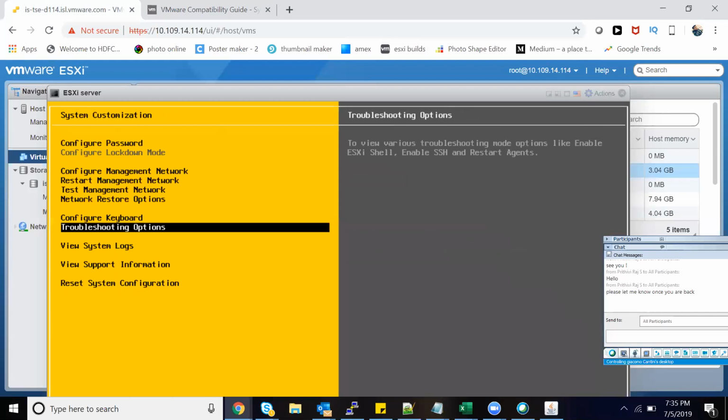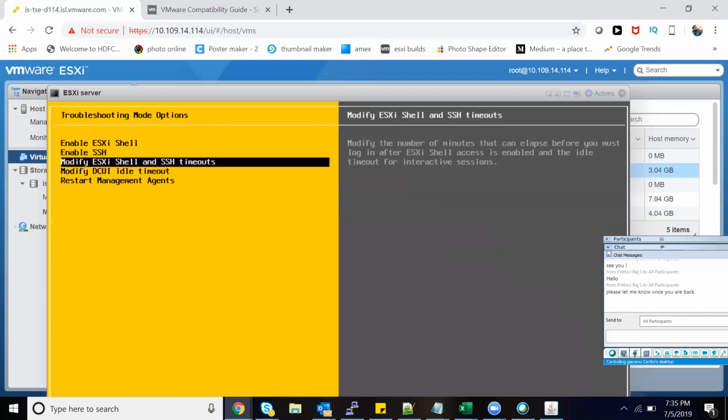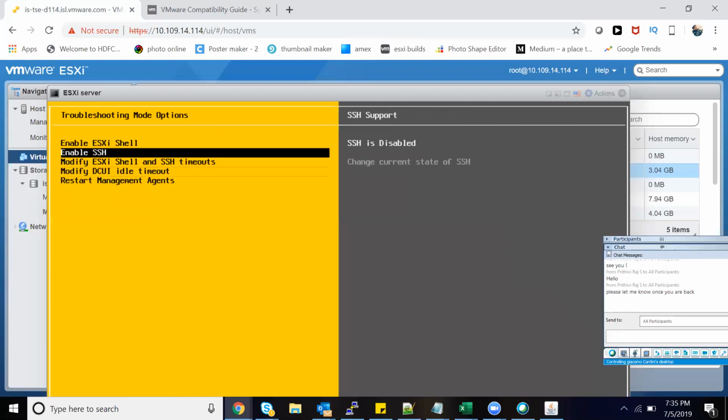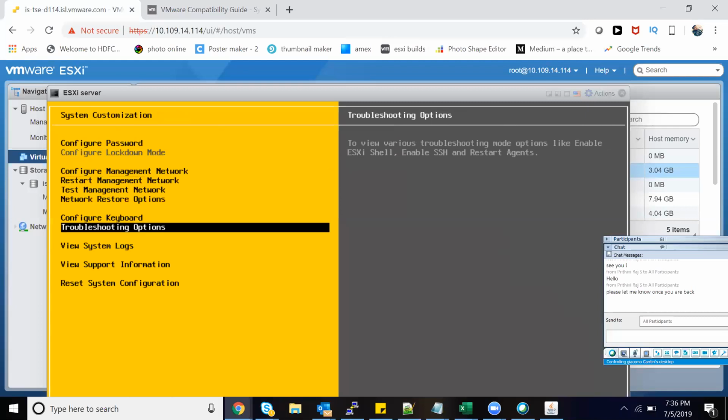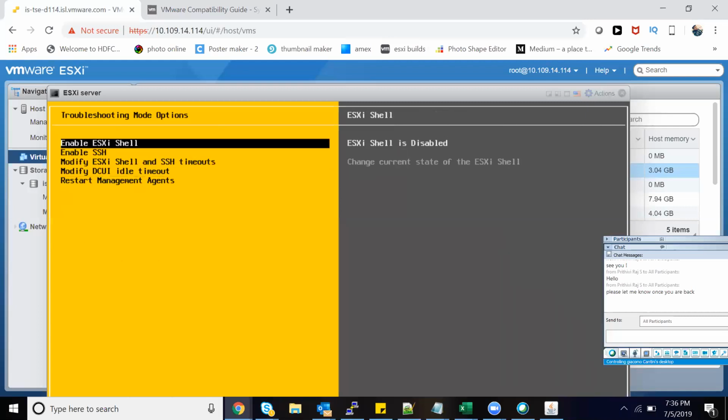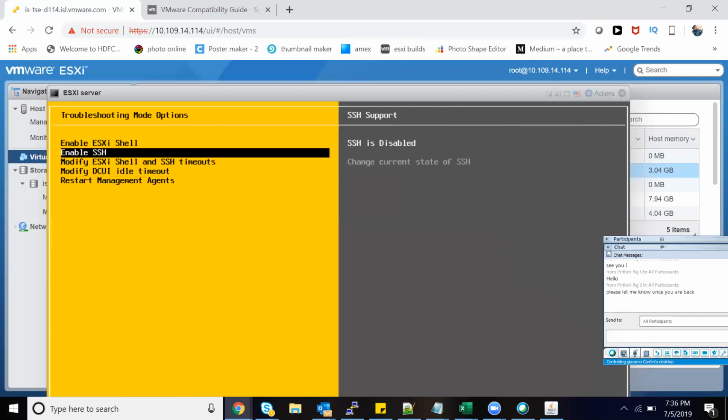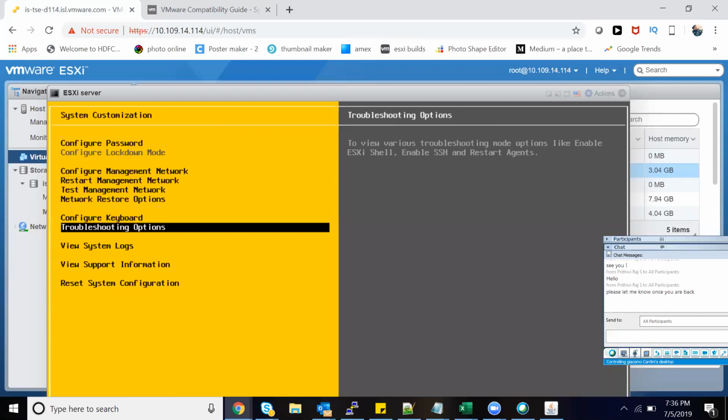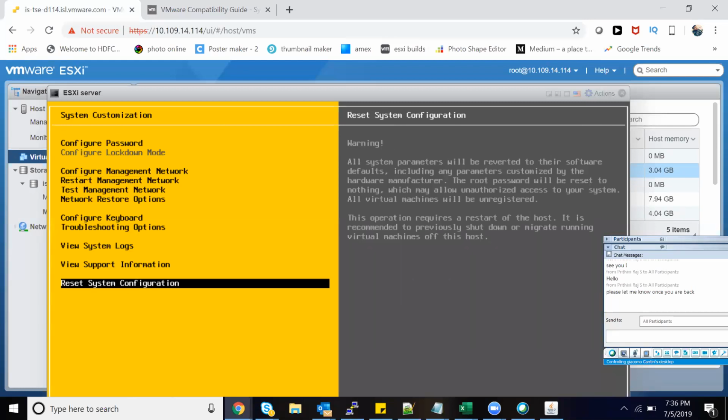Like logs is here. This is actually for shell. So as I told you, you have timeout options, SSH if you want. You can't come to DCUI all the time because it's a security feature; you can't give your root password to everybody. So at that time you can enable shell and then create a test or admin account, like a user account, to read the logs and all. Those are the things we'll do down the line. We'll talk about that in detail. For now, see that you have these options.